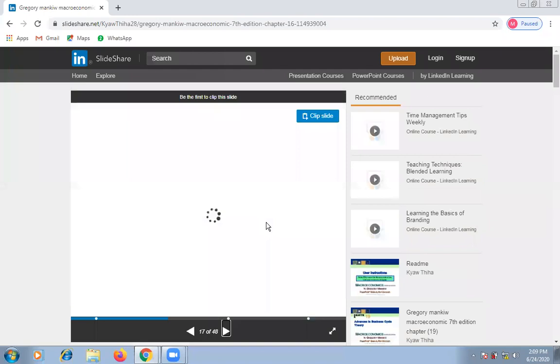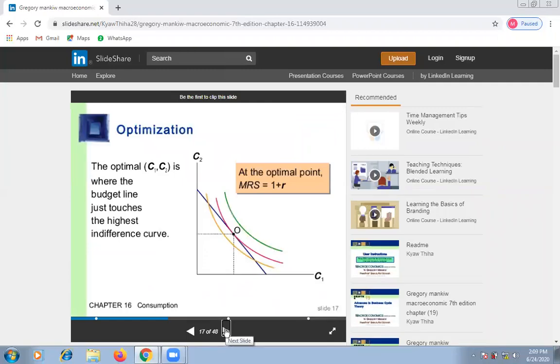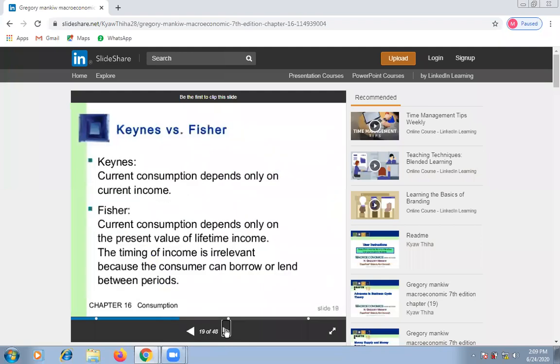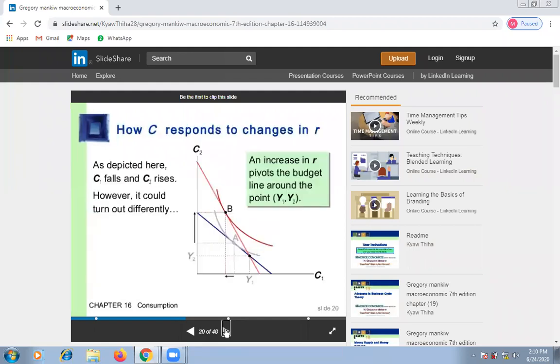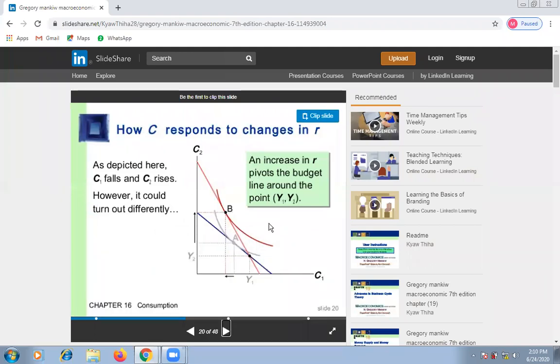But Fisher consumption model explains how lifetime consumption depends upon lifetime income, or lifetime consumption depends upon lifetime income. The second one, next one is, first we have done how consumption